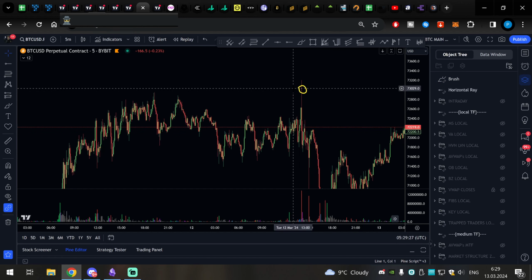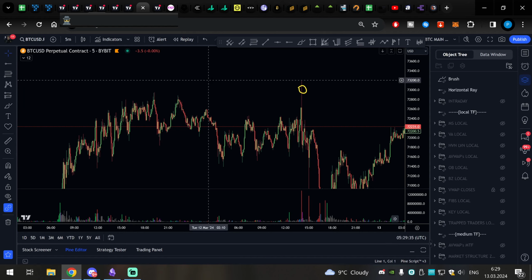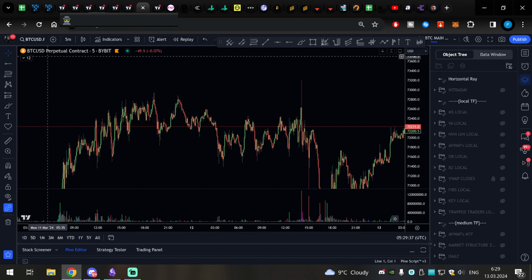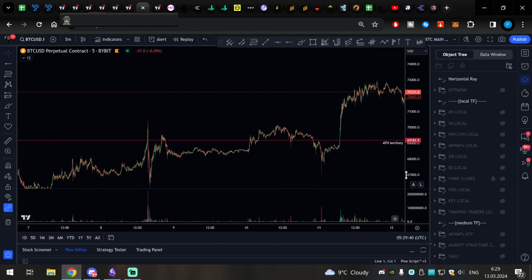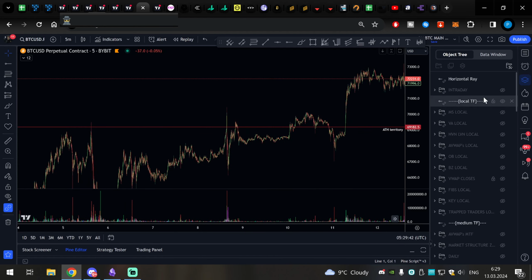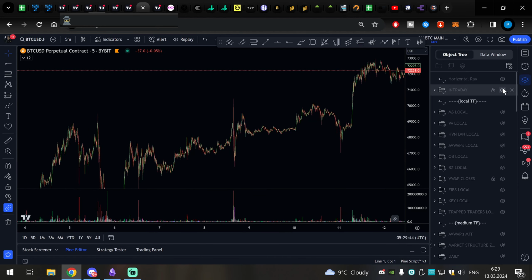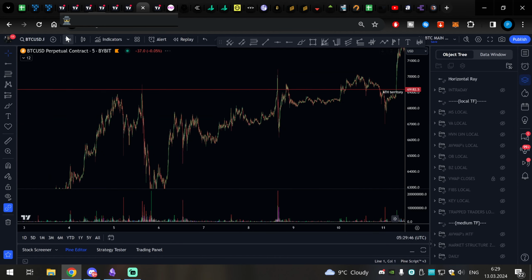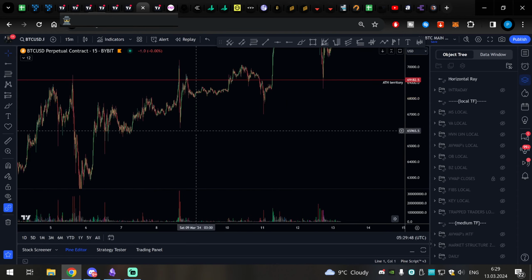No matter if Bitcoin or other assets are doing all-time highs, don't be a breakout trader. It's very, very risky, because if those trades fail, your P&L will be bleeding heavily. Yeah. So the correct approach is here. Let's zoom out. We can turn off this, or we can actually keep it like that. So we go 50-minute time frame.